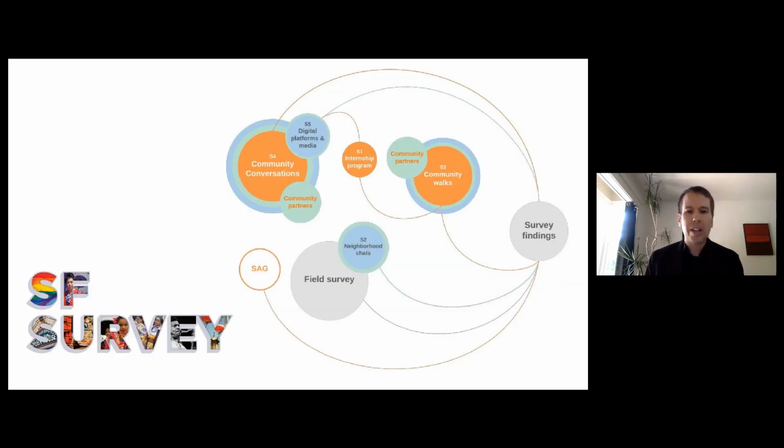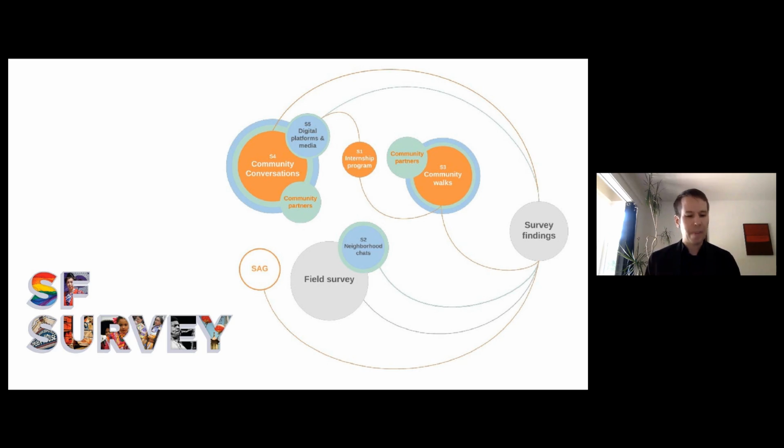We're also in the relatively early stages of the San Francisco Citywide Cultural Resources Survey, which is a multi-year effort to identify and document places of cultural, historical, and architectural importance to San Francisco's diverse communities.